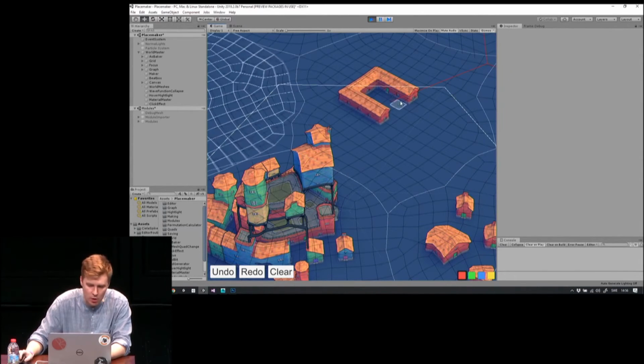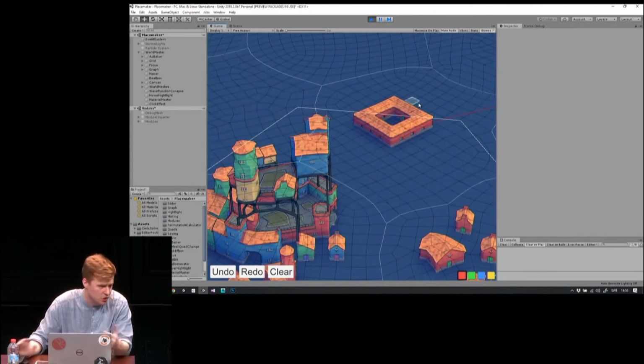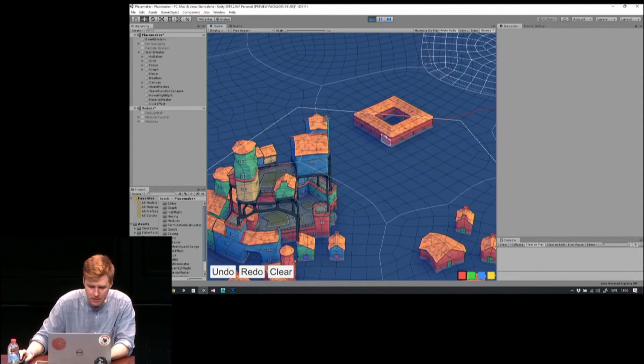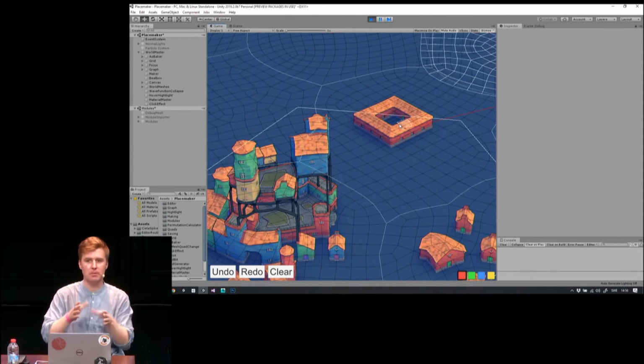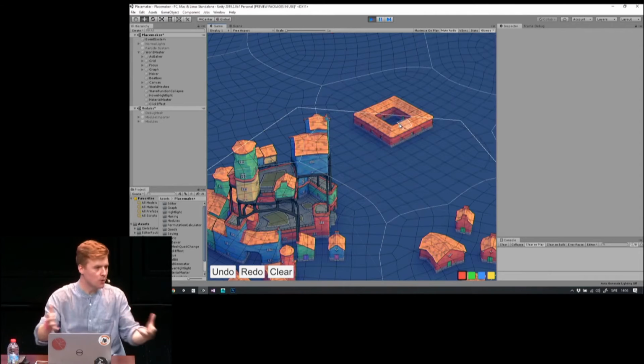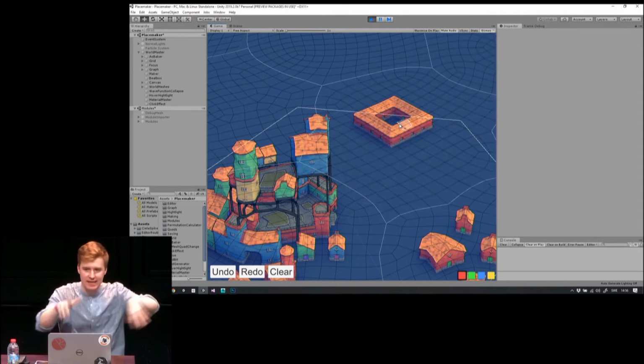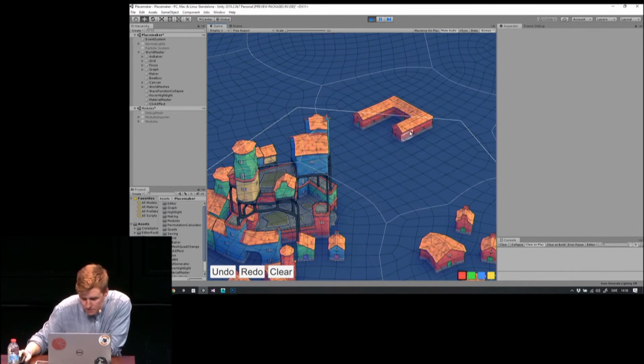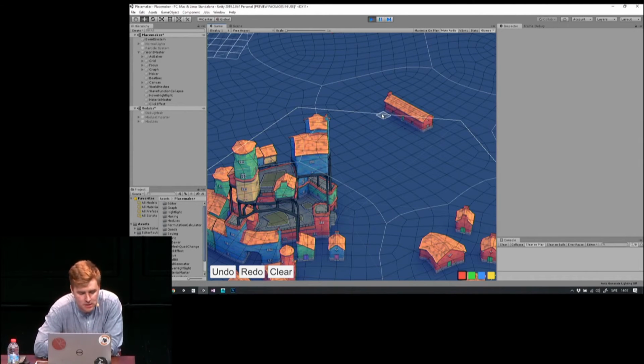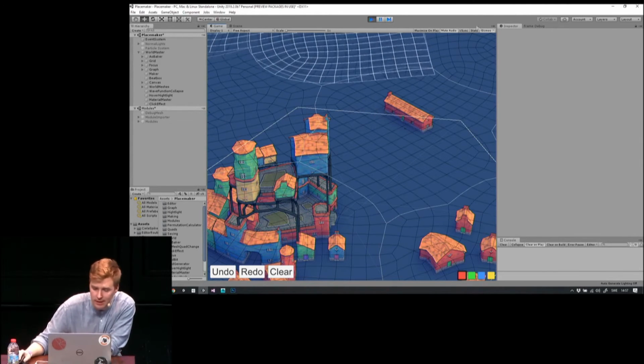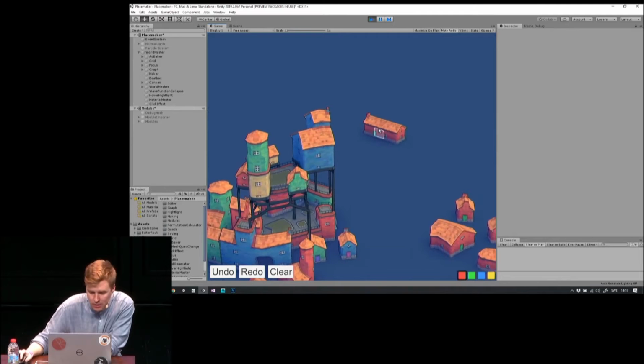So that's an option I want to give the user in the end, to choose what kind of style they want to build their environment in. But I don't want them to be able to build a completely square thing too big. They're always supposed to butt up against the organic nature of a city. And that's one of the fundamental aesthetic things of this project: I really like, in urban environments, the